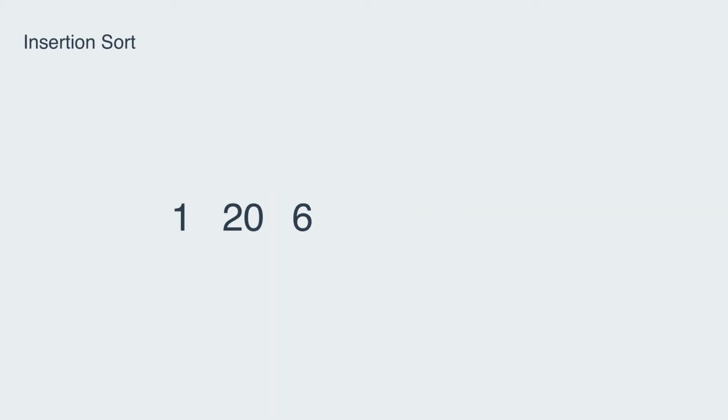Say you have some numbers you want to arrange in increasing order. We start with the first element and compare it with its previous element. Since there is nothing before, we move on to the second element. We compare it with the previous. Since the previous element is smaller, we move on to the next. Now we compare 6 with its previous element, that's 20. Since 6 is smaller, we swap these two elements, and now we compare 6 and 1, which are already sorted,